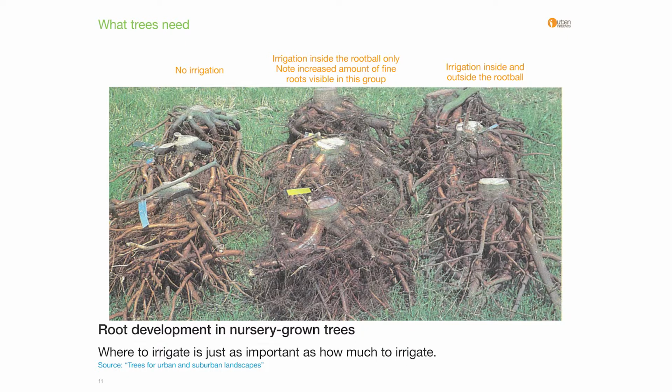It's also important to note that where to irrigate is just as important as how much or how often. And of course, having minimum soil volumes is the first step, but actually, when you've planted a new tree, what you need in at least the first 2 years is to get all of that water directed to the top of the root ball from the original nursery pot. And that's so that these fine roots can develop.